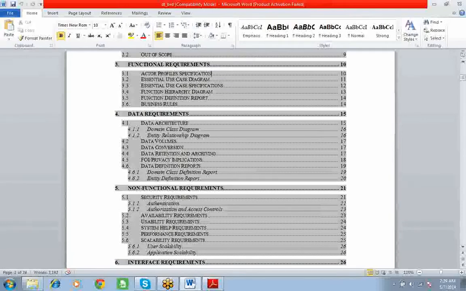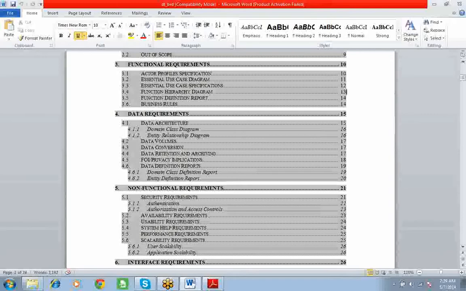Okay, we are here. First one, actor profile specification. Next, essential use case diagram. Of course, you know about use case diagram, right? We already talked about it. Actor profiles. Then use case specification is nothing but the use case document, as I told you, right? We have to put all these things in functional requirements.